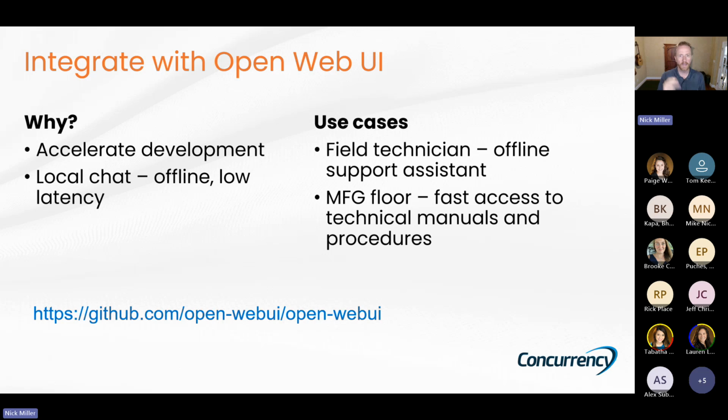You have an IT log: hey, did anything interesting happen here? If so, surface that log. Or you could use it in an interactive way, not headless, where you have a chat interface. One example would be a field technician. Let's say you have a pest control company with new technicians, and you want to provide them a support assistant out in the field where maybe they don't have internet access, or it's slow, or for whatever reason, they have their little laptop or some sort of device,